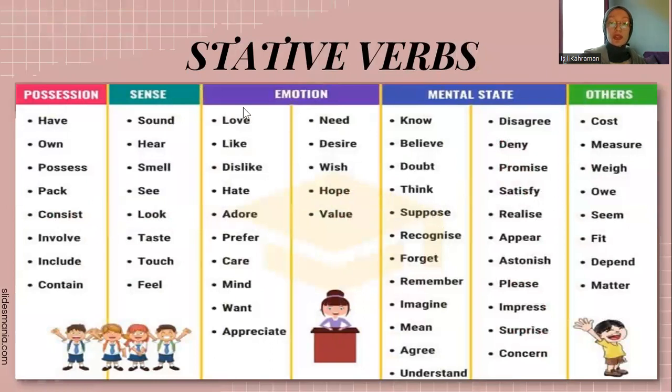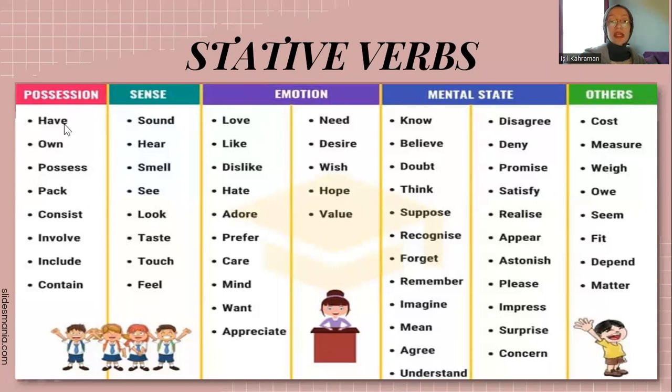These are examples of stative verbs. We use them to express our possessions, senses, emotions, thoughts, mental states, or other things. In this section you can see some of them: have, own, possess, pack, consist. But there is an